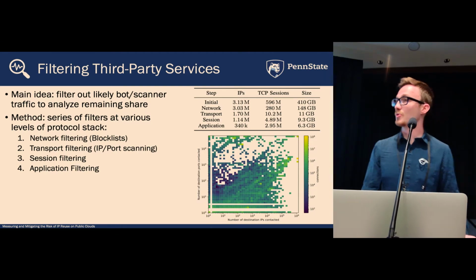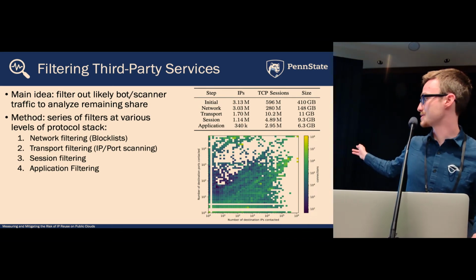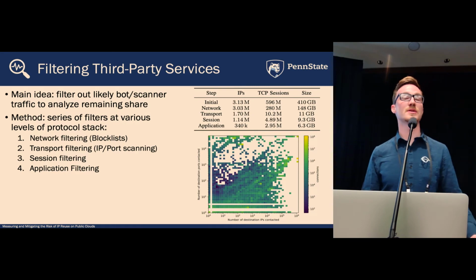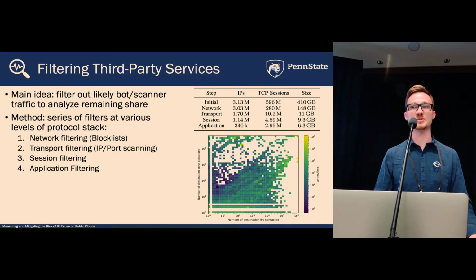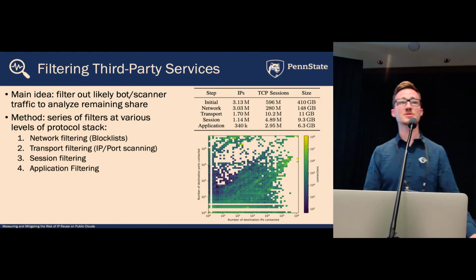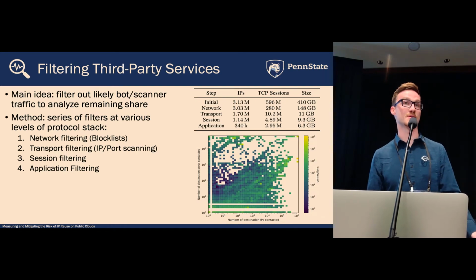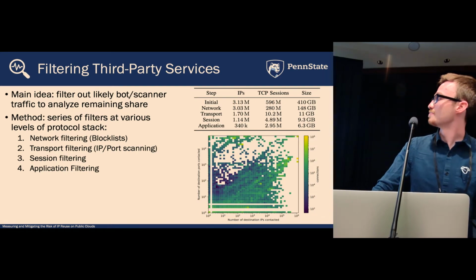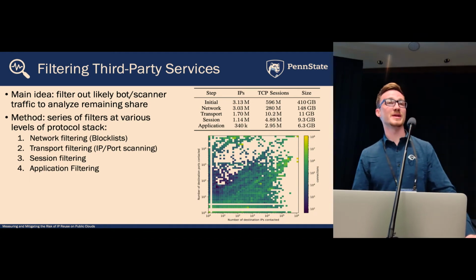And so, we can take advantage of this. The figure on the right is a histogram, on the x-axis being number of IPs contacted and y-axis number of ports contacted of all of the connections seen throughout our experiment. As we can see, the vast majority of connections come from IP addresses that contacted a large number of IPs or ports on our telescope. And so, by filtering traffic to just the bottom left corner of this histogram, we can eliminate a vast majority